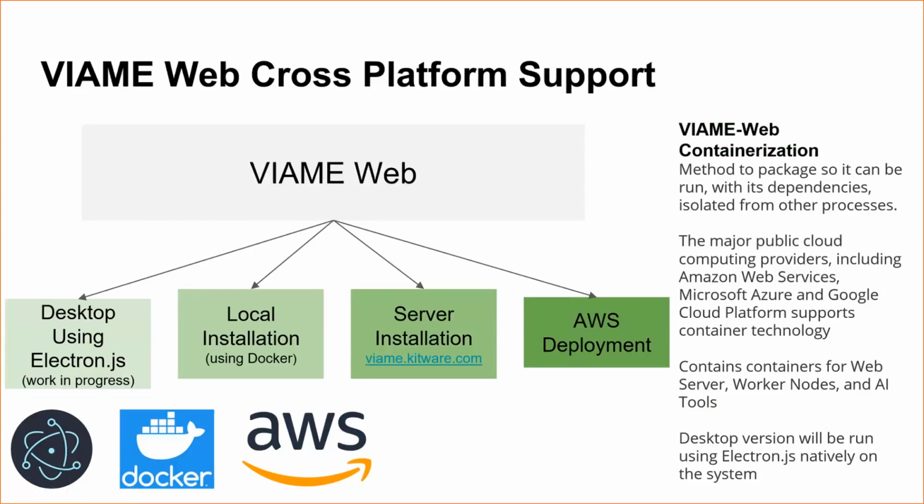Most of the major public cloud computing services provide support for containers, and that's what we use for the tutorial today on AWS. We have containers for the web server and for the worker nodes that do the parallel processing,